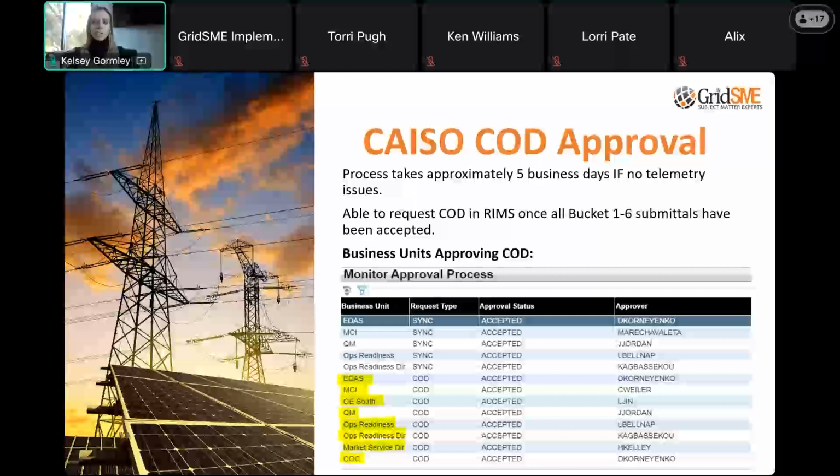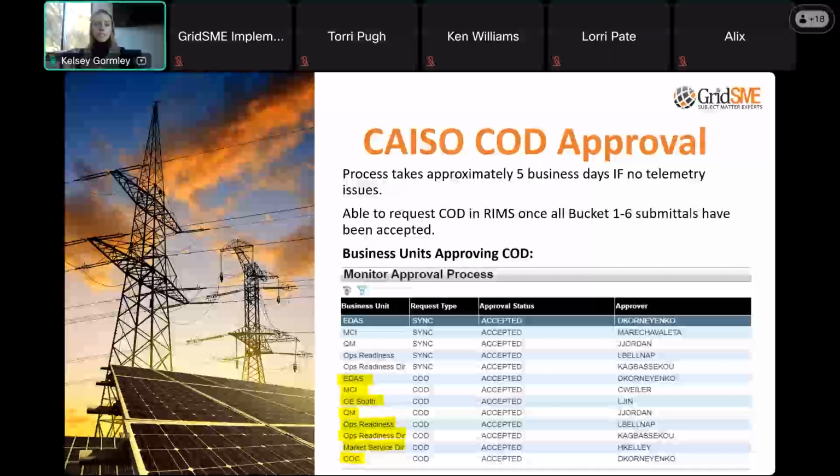The other groups that are reviewing, ops engineering, will confirm again that all grid contingencies have been met to ensure grid reliability once the resource has achieved commercial operation. Keep in mind that ops engineering only reviews ISO grid connected, so that would be transmission level connected resources that are over 10 megawatts. So if it's under 10 megawatts, ops engineering is not looking at it. And they do not look at two-party distribution connected resources either.